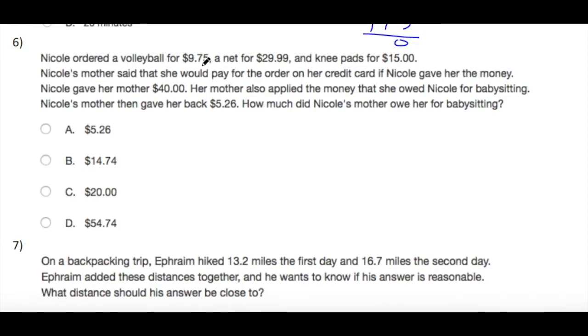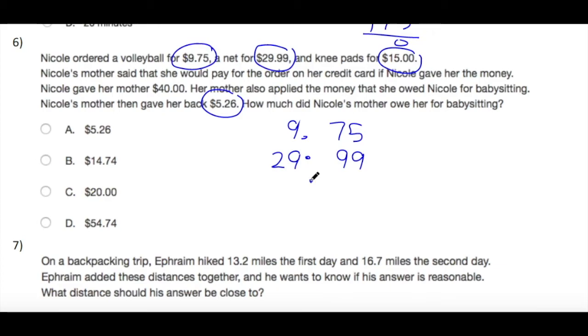Here we have to calculate the total first, which is 9.75 plus 29.99 plus 15, and also plus the change they give back. So we can add 9.75, with the decimal point exactly under the decimal point, here 29.99, and here 15. Let us try this first. It will be 14, write 4 and carry 1, now here 7, so it will be 10 plus 14 equals 24, write 4 and carry 2, so it will be 5,